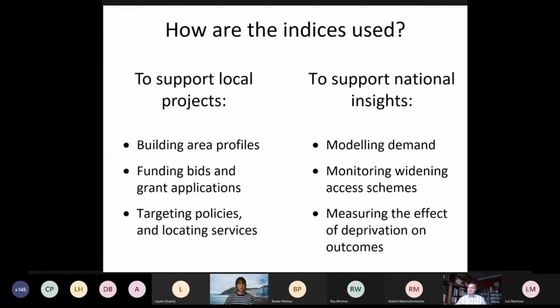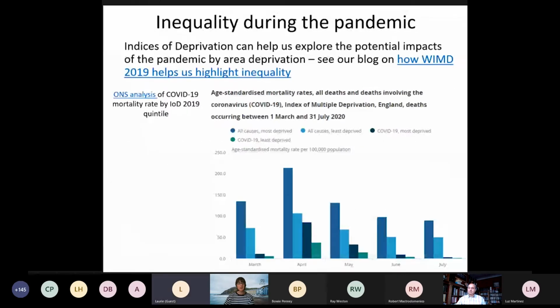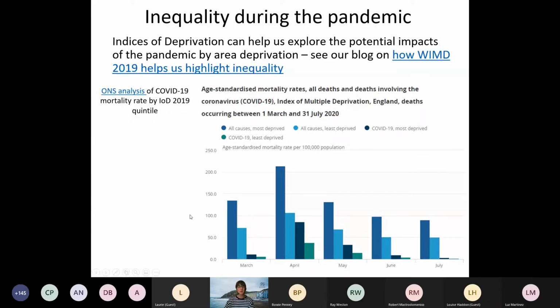This example explores inequality of outcome during the pandemic, and the chart is from the ONS, and it shows analysis of deaths involving COVID-19 and all deaths by deprivation for England. The first blue columns for each of the 5 months shown on the chart show the rate of all deaths in the most then least deprived areas. And the second two columns show the same just for deaths involving COVID. And we'll see in general, mortality rates are normally higher in more deprived areas, but the analysis found that COVID appears to be taking them higher still.